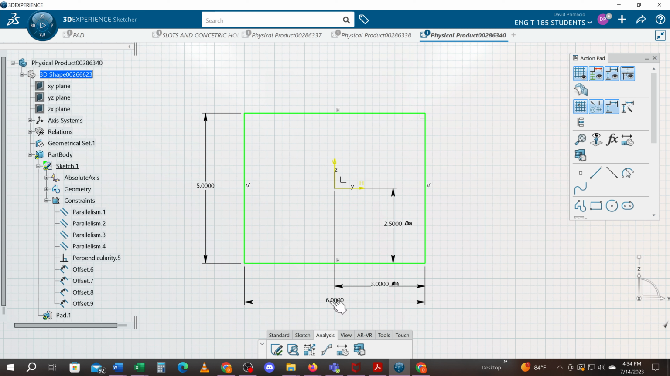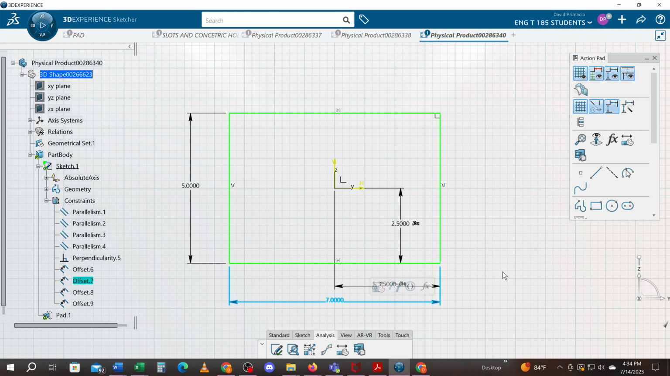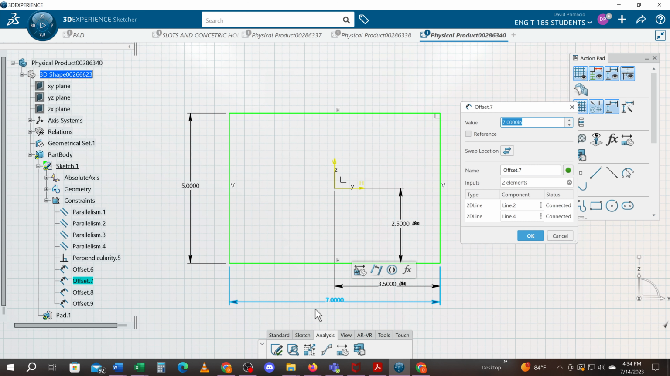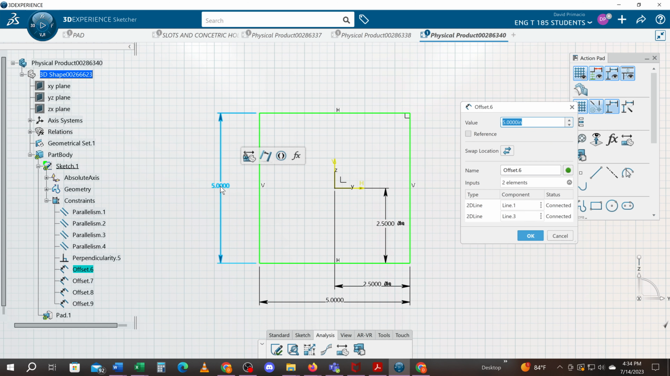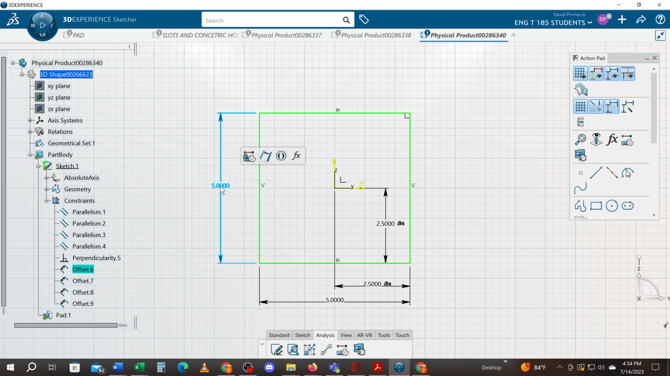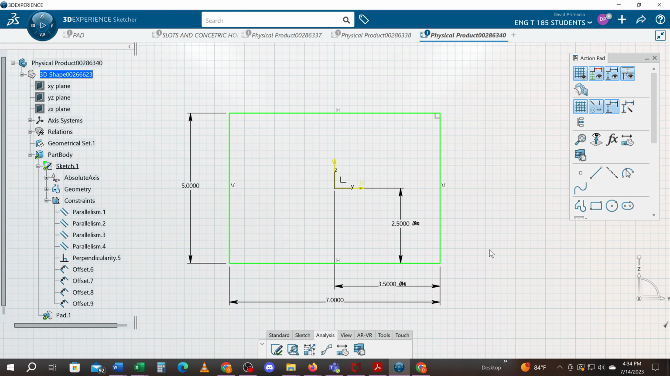If I change this 6 to 7, that constraint automatically changed to 3.5 here. I'm going to put this back at 5. I'll put this one back at 5. And you notice that it just automatically continues to hold symmetry. Just for kicks, let's make this a little different size. I'll hit 7. And that is how you create a symmetrical profile